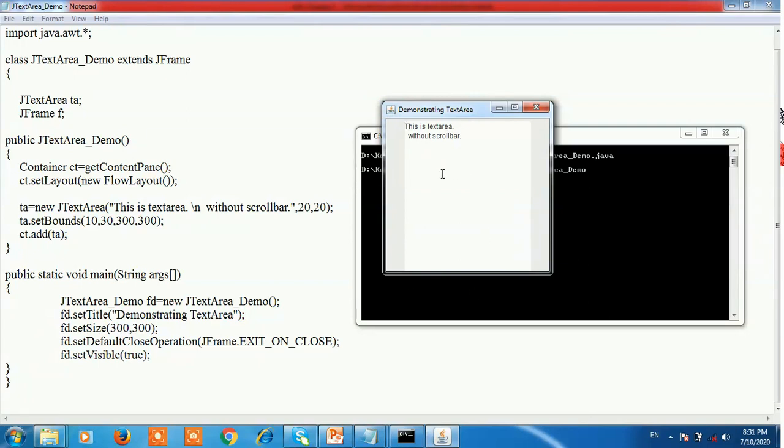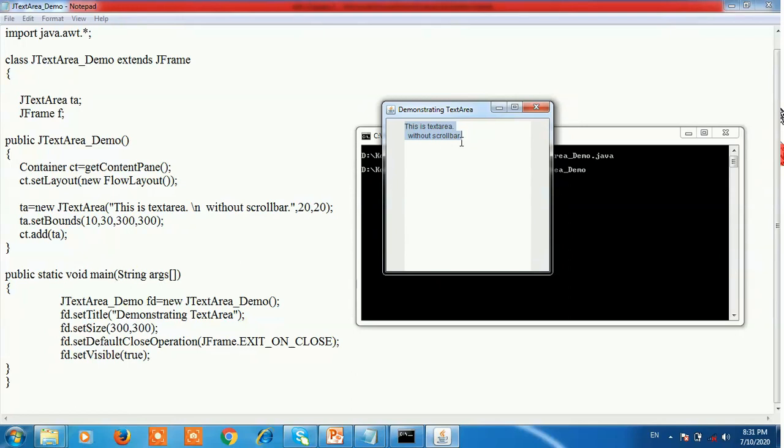Here, the size of the frame window is 300 by 300. Then the title of the frame is Demonstrate text area. Here is the title of the frame. Here is the text area message. This is a text area without scroll bar, and the number of rows is 20 and the number of columns is 20.